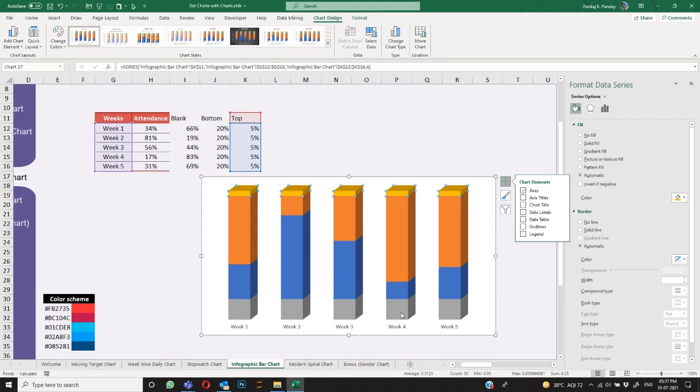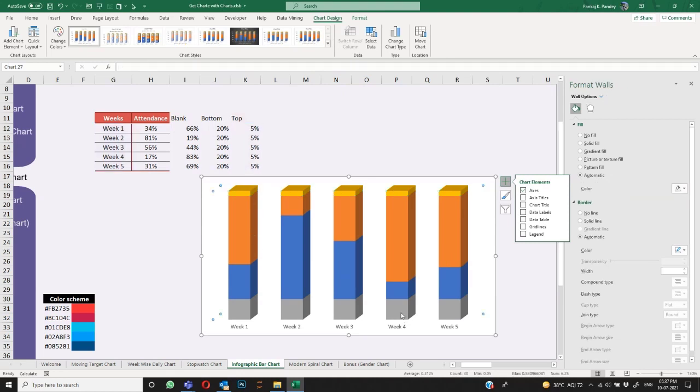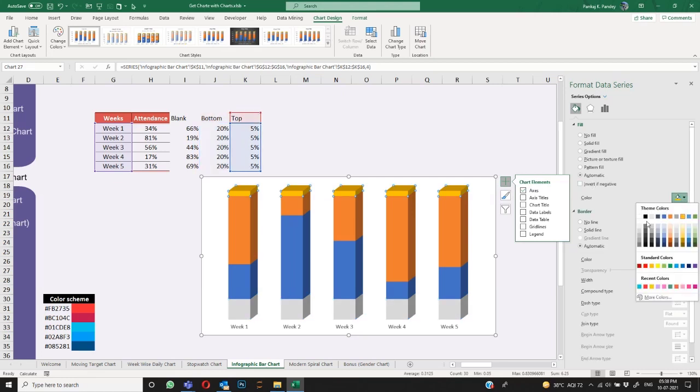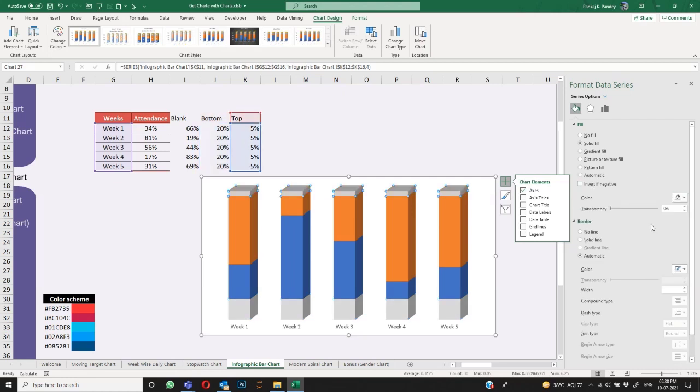All that is pending is some color corrections, color blending. So first of all, I'll select this bottom, go here to fill, and I'm going to use this gray color. Maybe this white. I think gray should be better. Second, the top. On the top, I'm going to select this gray color.